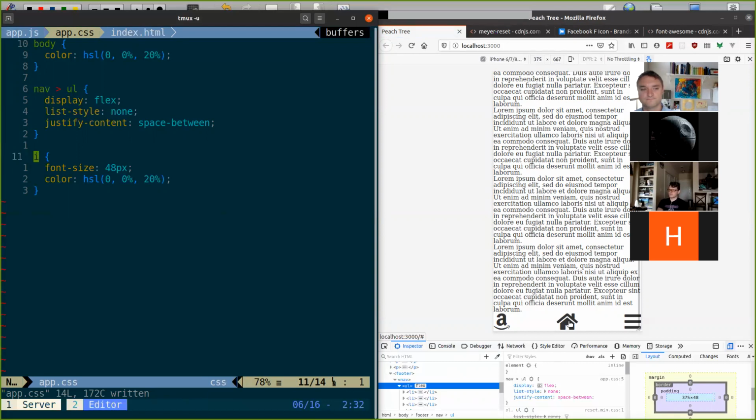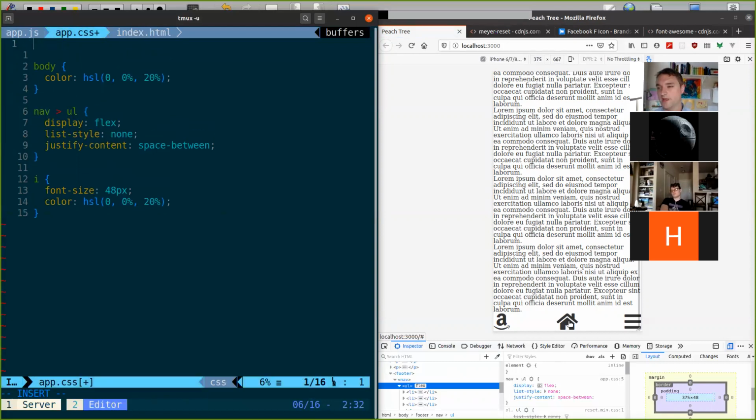Can you create variables in CSS? You can, but that's still doing the same thing in two places, although it helps a little bit. So yeah, in Sass, it would be something like: black is HSL 0%, 20%, and then I make both of these black. Can also do that